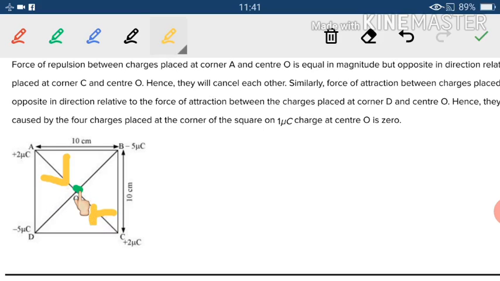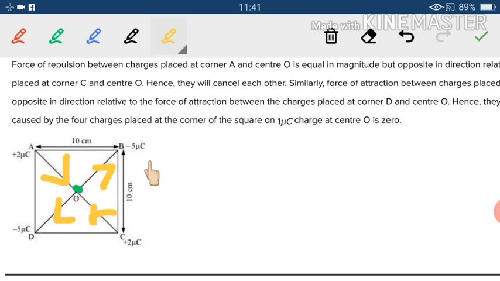Okay, now we will talk about this charge. This is negative. The charge which is here is positive. There will be a force of attraction and the direction of the force will be towards this charge. Now if we talk about this charge, again this is negative and the charge which is here is positive. Again there will be a force of attraction and the direction of force will be here. So again we observe that the magnitude of force is the same but direction is opposite. So they will cancel out each other. So the net force on this charge due to these two charges, again it will be 0.